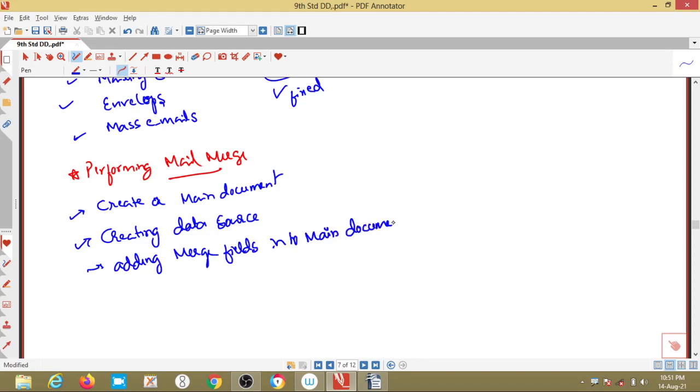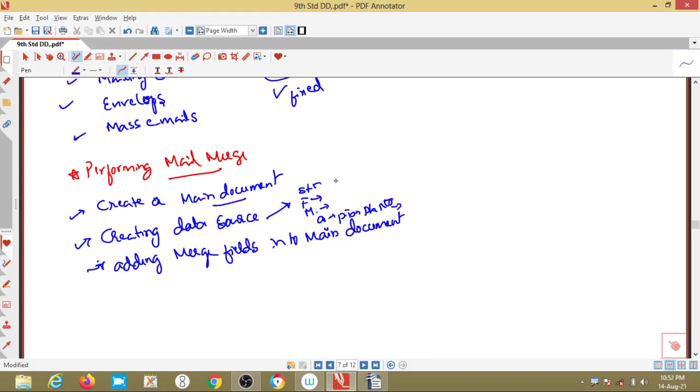What does adding merge fields mean? We are creating a data source. In the data source, we will have, for example, student name, father name, mother name, address, pin, and phone number. This is the data source which has to be merged to the main document.